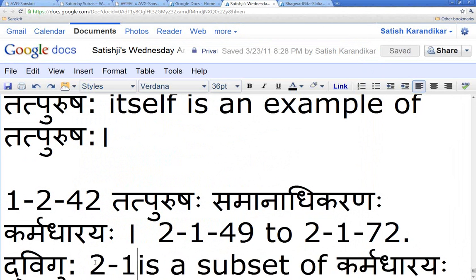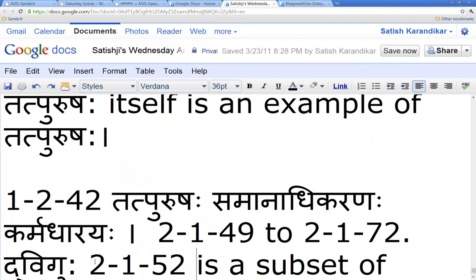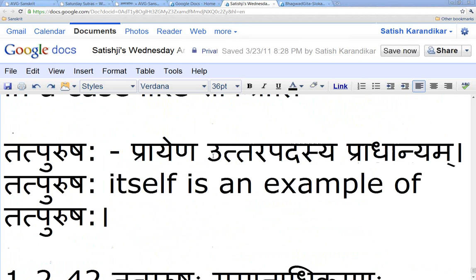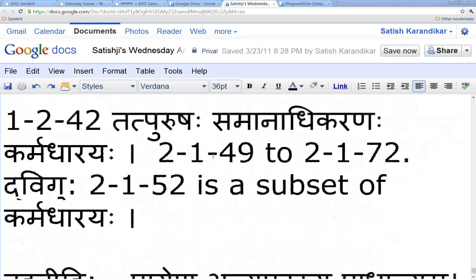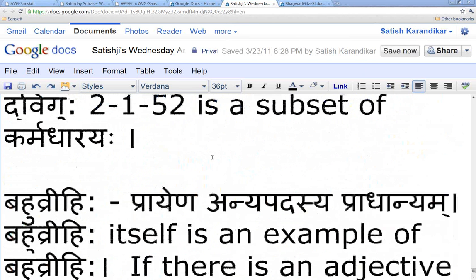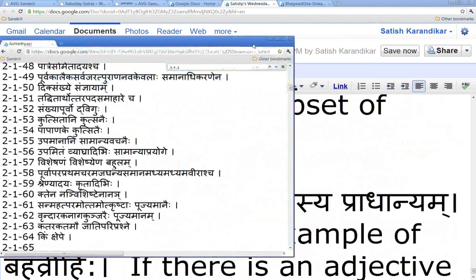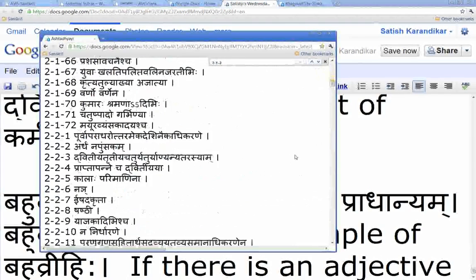Okay. Now let us look at one more thing. Tatpurushas we've got, karmadharayas we've got. So that's the two branches. When you come into tatpurusha land, you have to go one of these two branches, karmadharaya or, for the Vedic, there are also some special tatpurushas which are going to come. They also come later in the 2.2 at the end. You see them in a little more detail.